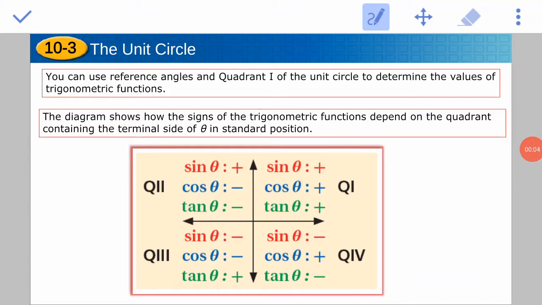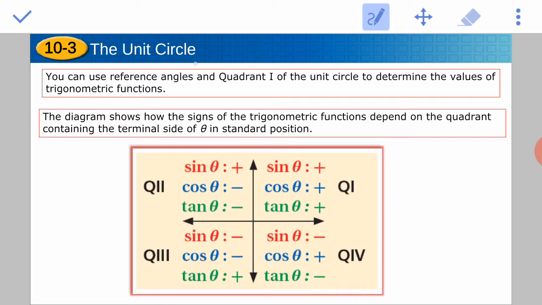Part 2, section 10-3, the unit circle. Guys, in this part, we're going to do example number 3 and example number 4. Remember, guys, in example number 2, we used the unit circle in order to evaluate the trigonometric functions, and it was kind of challenging to memorize the whole unit circle. Guys, in example number 3, we're going to find the trigonometric functions, but not using the whole unit circle, by using